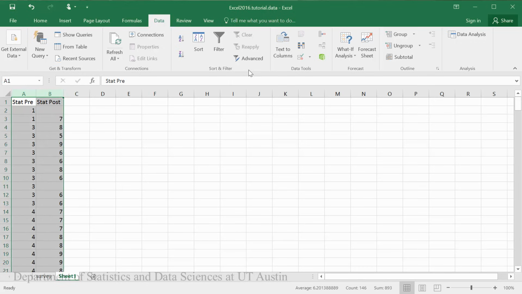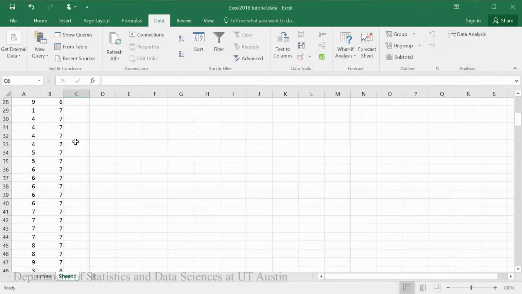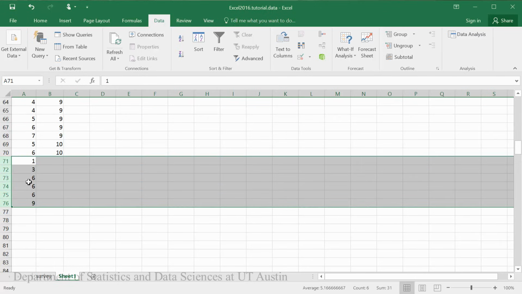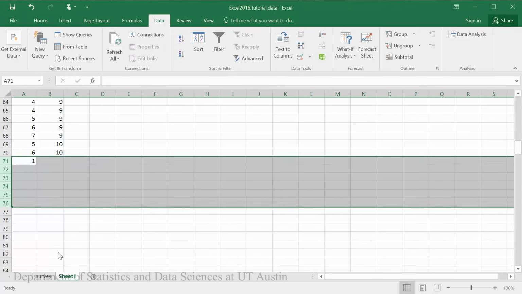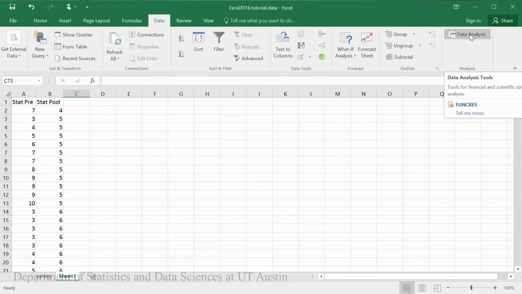I'll highlight both columns, sort, and sort by post. Scrolling down again, you can see we have several missing values here, so I'll highlight all of those rows and delete them. Now that we have the same number of values in both columns, we can conduct our test. To do this, we'll use the Data Analysis Tool Pack,